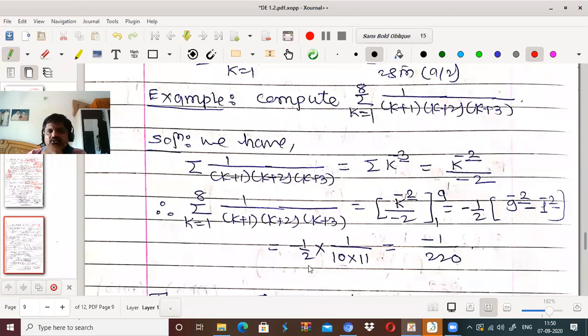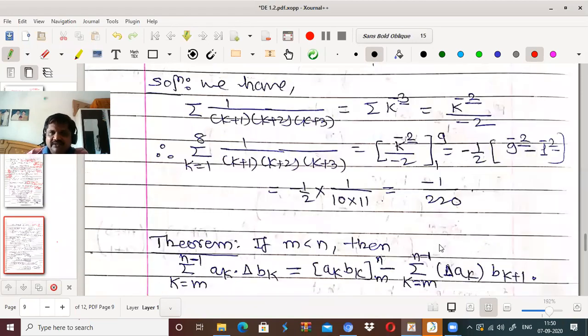10 into 11 into 2, that is a simple product, is 220. 1 to the falling minus 2 is always indefinite, that is an infinite sum. Therefore we cannot consider it, because in summation we know falling factorial only in those cases where we get a definite answer. Otherwise we cannot define it.